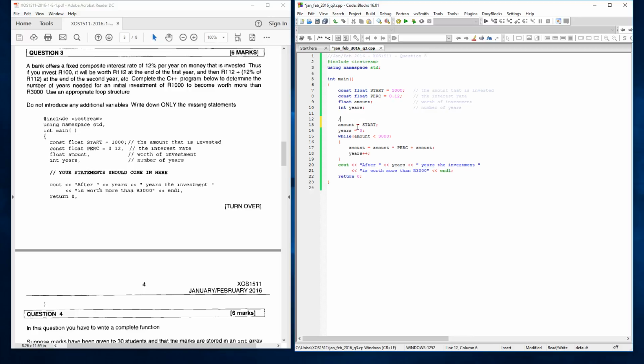So I'm going to try and see if I can take my while loop out, and I'll show you live how to do it as a for loop. For, and we say int i equals 0. We say i less than years. Then i plus plus. And we still have to initialize years to 0, because